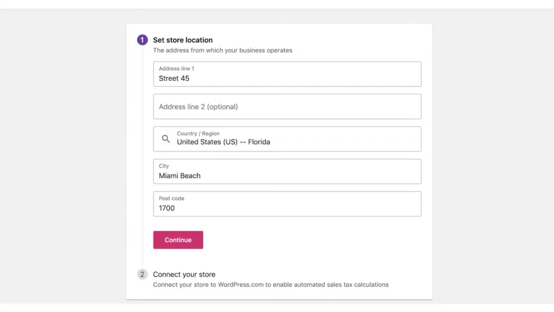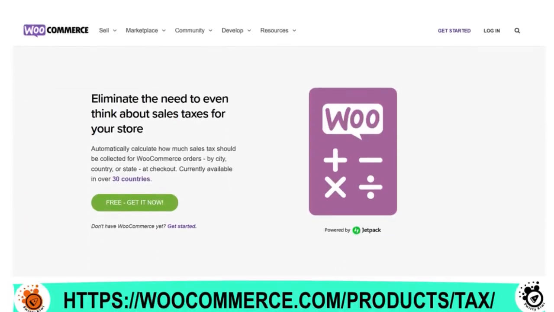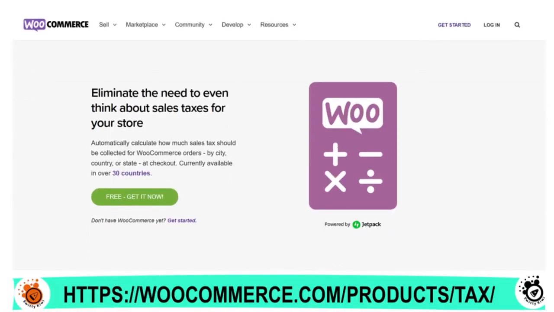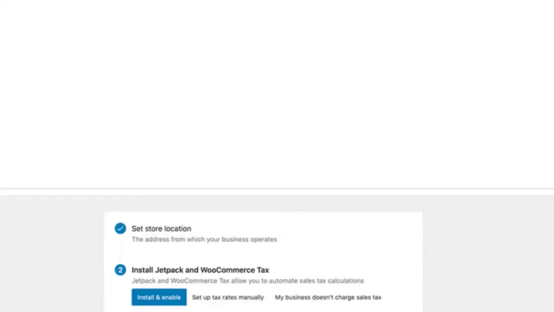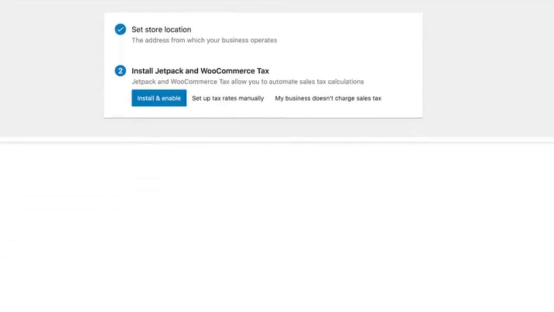Okay, and if you have Jetpack and WooCommerce shipping and tax installed, you can start automatically calculating taxes by connecting your store to WordPress.com. So you can actually visit the page shown on the screen right now if you want to learn more about automated taxes and the countries where it's available. So I'm showing this to you right now. And if you click to connect your store, you'll be redirected to the WordPress.com flow so you can create an account or log into an existing account. And after you finish the process, you'll be redirected to the task where you can enable the automated tax calculation